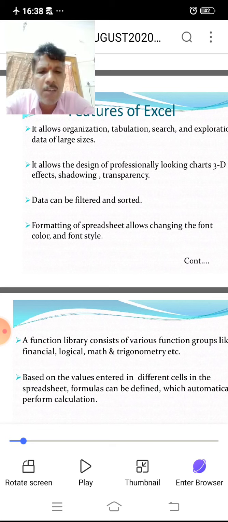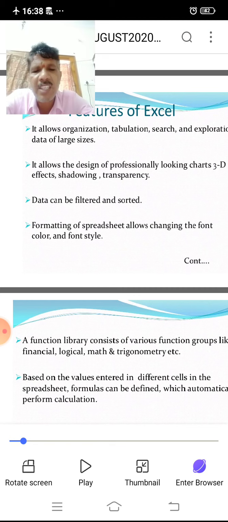That may be mathematical formulas, financial formulas, what-if analysis, etc. Some of the formulas must be defined as a function. A function is nothing but a formula defined with a particular name. With the help of that name, the formula can be enabled. So the reduced form of a formula is known as a function.